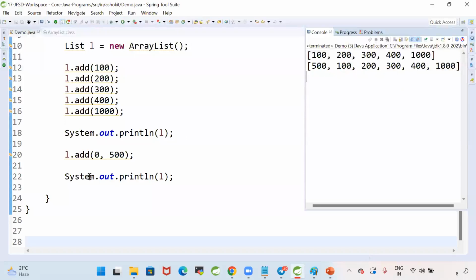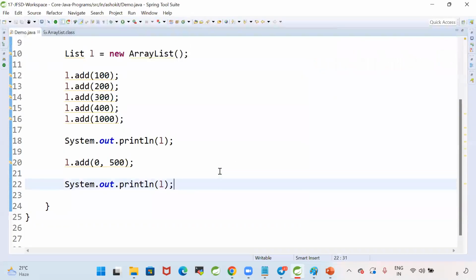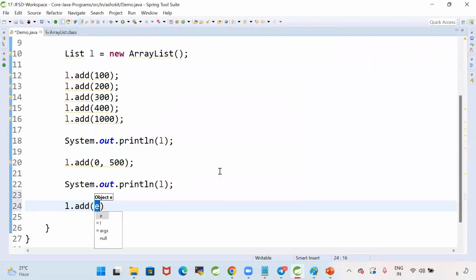It is recommended or not recommended? Not recommended. Why not recommended? Poor performance. Why poor performance? Lot of shiftings are happening. Okay. Now I'm going to call L dot add of